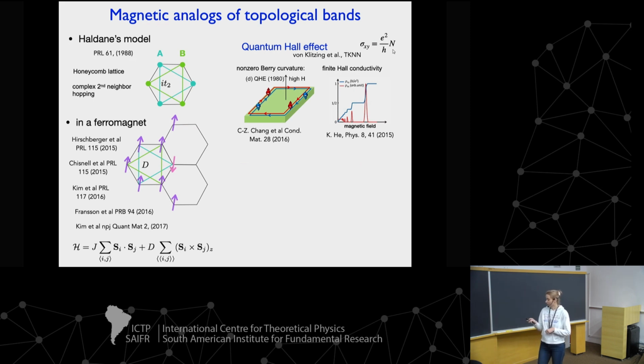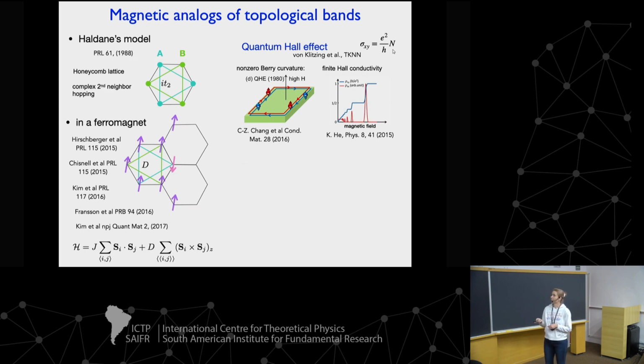As it turns out, the Haldane model is actually realized pretty easily in these systems. If we consider the simple ferromagnet with a Heisenberg interaction and take into account some anisotropies that are naturally present in most materials, for example, the Dzyaloshinskii-Moriya interaction, also known as the antisymmetric exchange interaction, this can give rise to non-trivial band topology. When you do linear spin wave theory, these terms give exactly the type of complex hopping amplitude that we need for realizing these Chern bands.